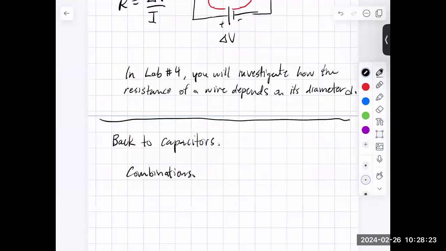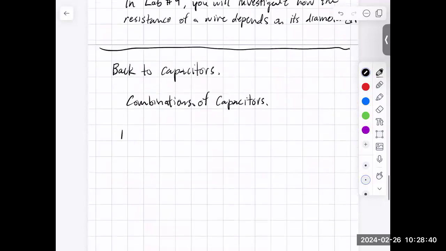Okay, so combinations of capacitors. I'm going to give you the results, and then we'll go through and see if we can prove them or show where they come from. There are really two ways to combine capacitors. There are parallel combinations,